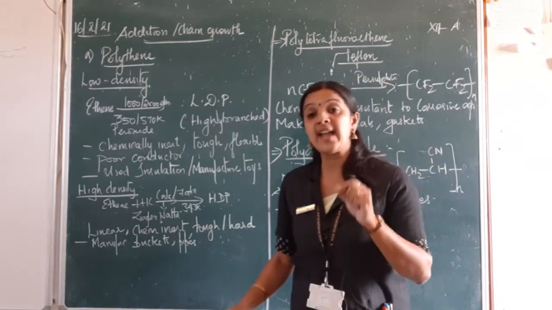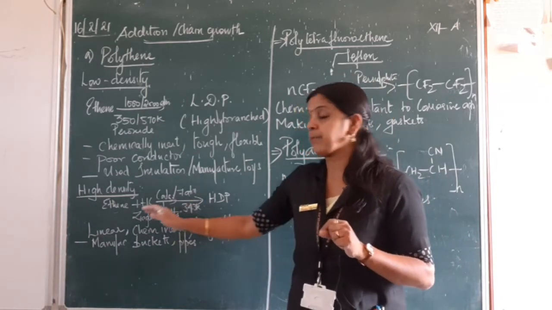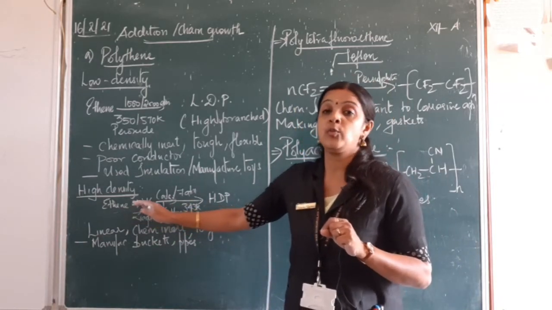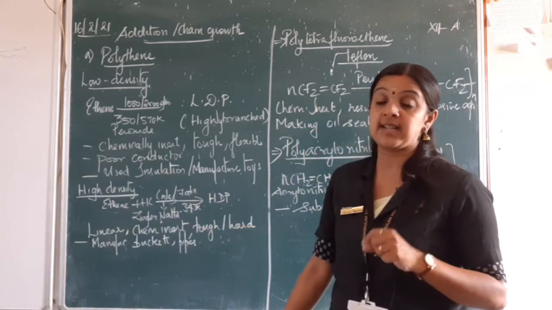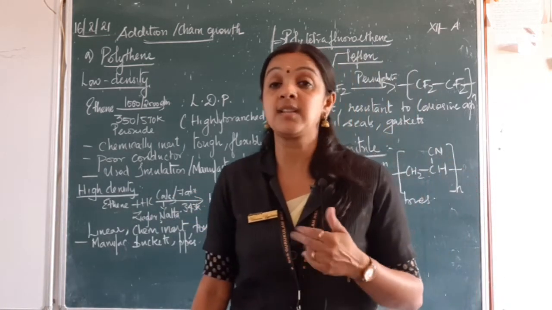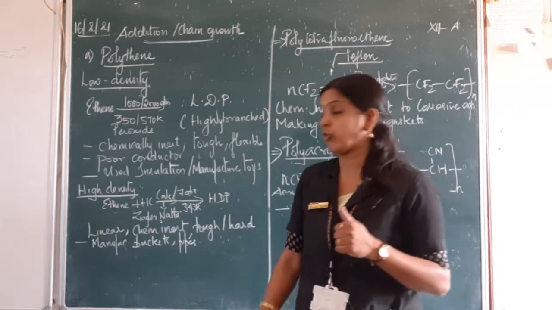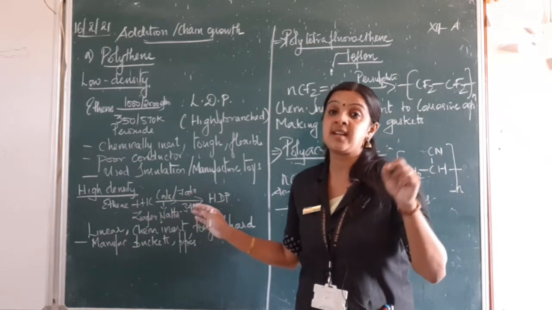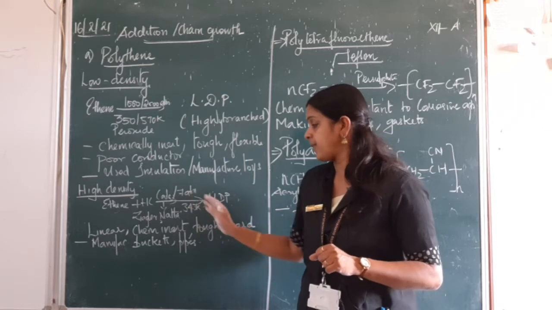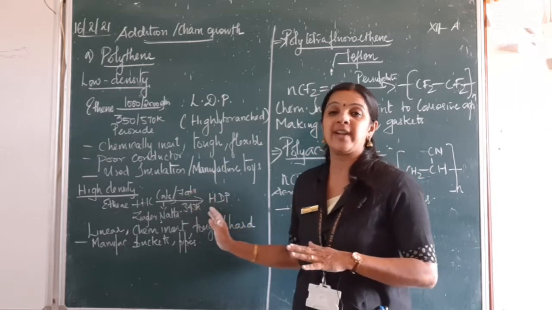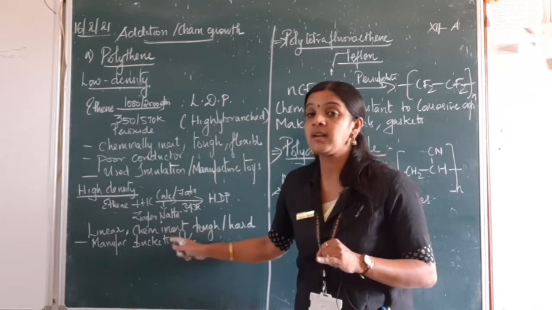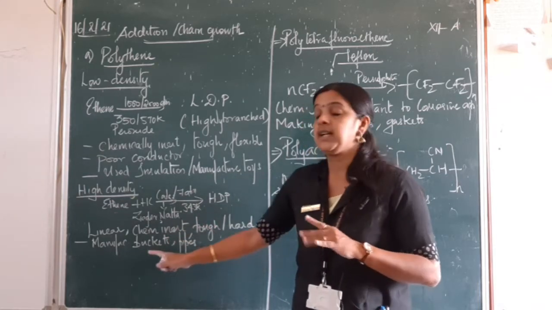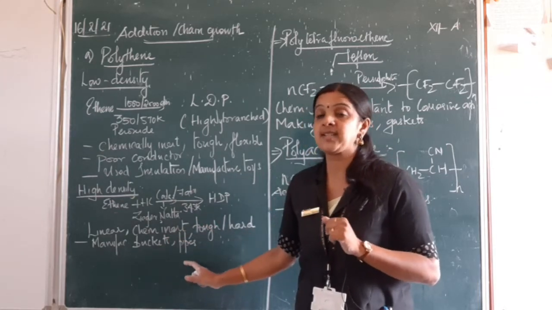Next one is high density polythene, which is prepared using ethene with hydrocarbons using a Ziegler-Natta catalyst, that is triethyl aluminium and titanium chloride, which is called a Ziegler-Natta catalyst. There at 7 atmospheric pressure you get a high density polythene. This is also chemically inert, though it is tough and hard, it is used in the manufacture of buckets and